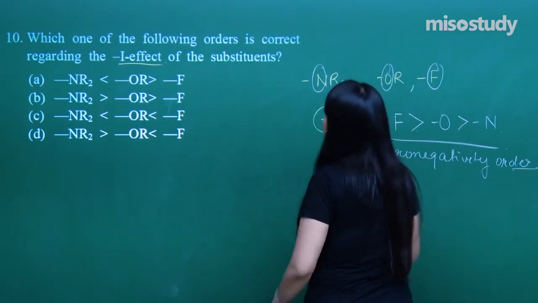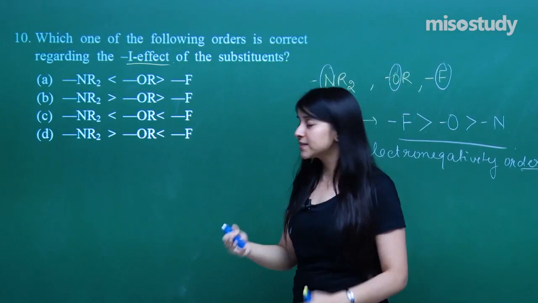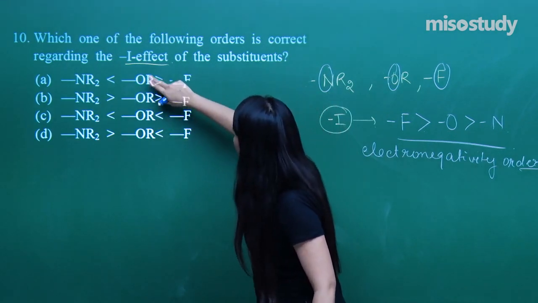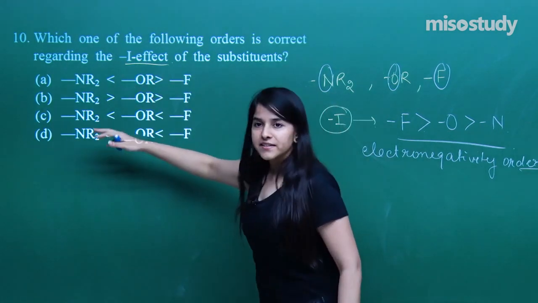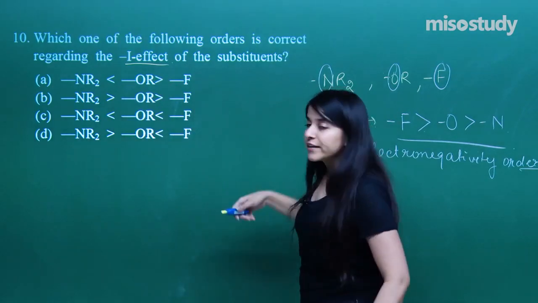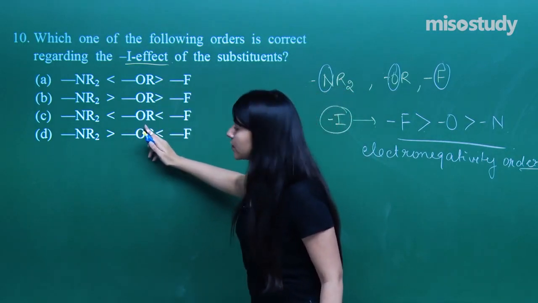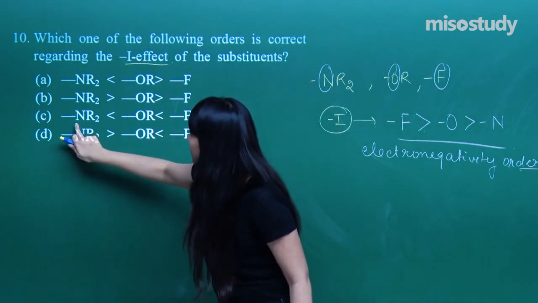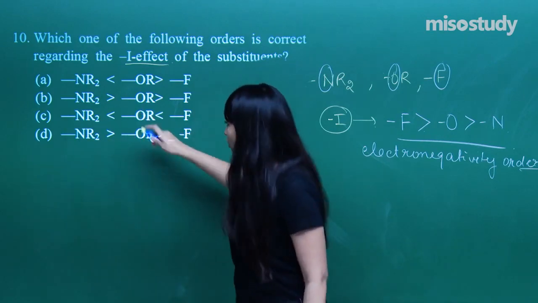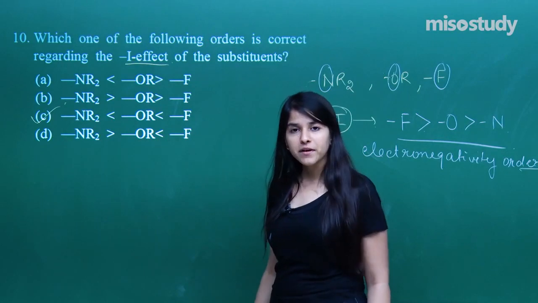And as per the question, we need to have a proper order of the substituents. So which would be the highest? So if you look at the questions and look at the options, I have got different kinds of greater than, less than signs. So you need to be very careful while selecting the answer. Highest would be fluorine, that means greater than, and next would be oxygen definitely, and the last would be the nitrogen, which is the least electronegative element. So I hope you all have got the answer, that is C. You may confirm with the other options as well.